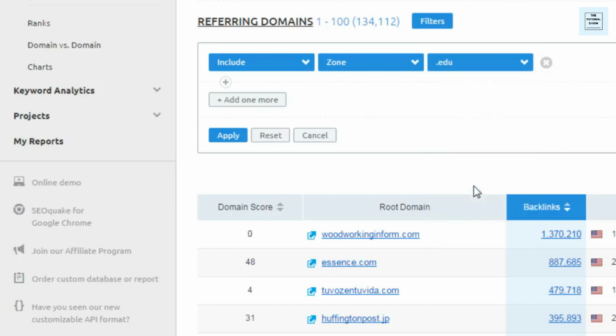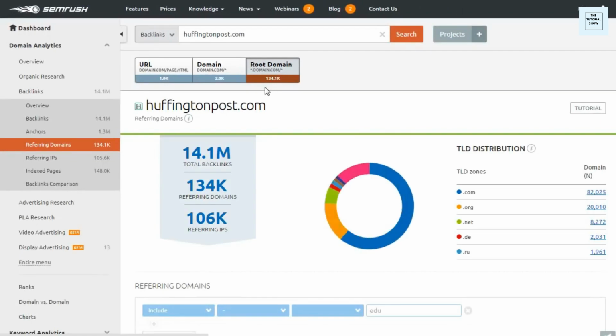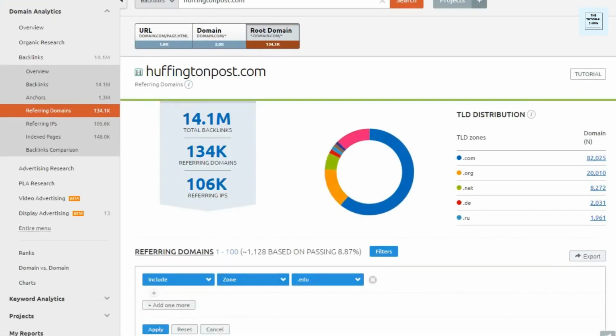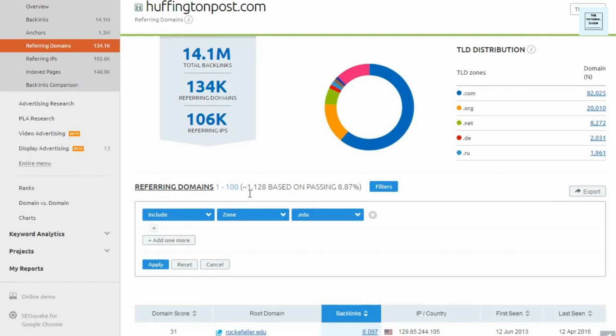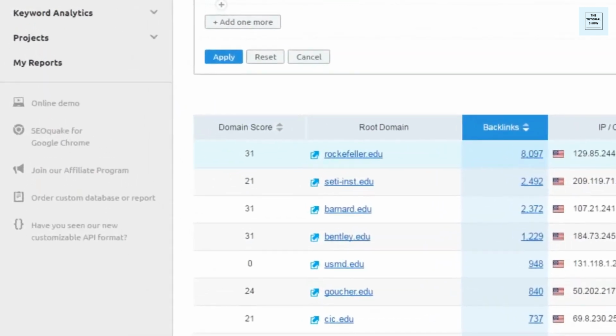.edu, so we can see if they have any .edu backlinks that are helpful. Then we can go ahead and add in some more filters if we want to, and we can apply that. So that is going to help us narrow down to some of the best quality backlink sources that there are. You can see that it has gone from 134,000 down to about 1,000. So now I can continue to filter down this list and sort by domain score and start pulling out the top backlinks.